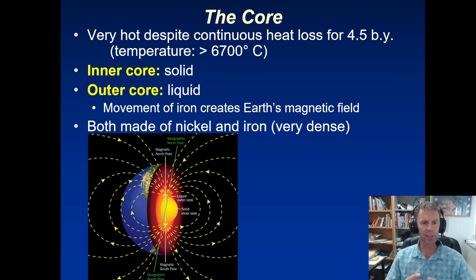There's also heat in the interior of the planet that's generated by radioactive decay, which we'll talk about later in the video series. So it's quite hot. Even though we've been losing heat for 4.5 billion years, we still have an incredibly hot interior. And we know, based on modeling the substances at the temperatures and pressures in the interior of the Earth, that